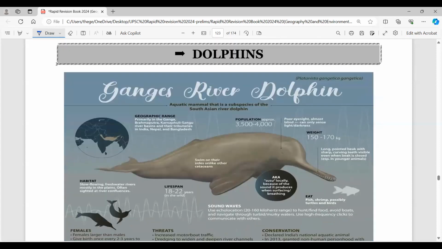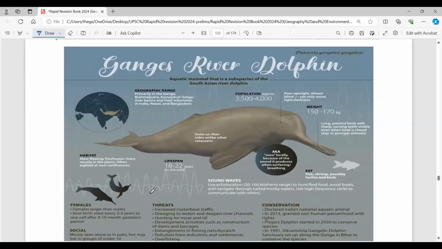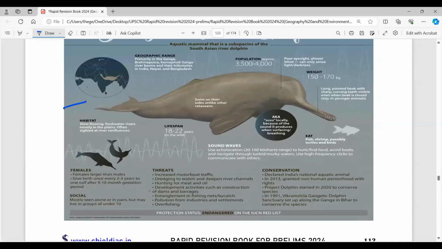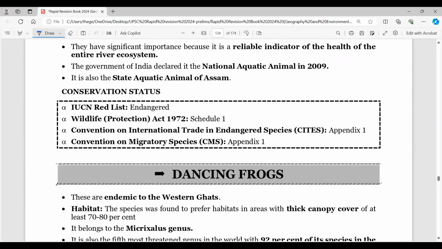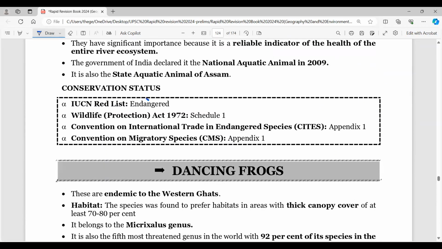UNESCO's World Heritage Sites. Then a question related to dolphins is many times asked. So if you observe dolphins here, there could be things that you may not know. So just take here the Indus Ganga Brahmaputra area. Here you'll find dolphins as usual, and threats, conservation, everything is mentioned in this particular image. So you can take a reading out of it. Basically, conservation status here is endangered, that you should remember.